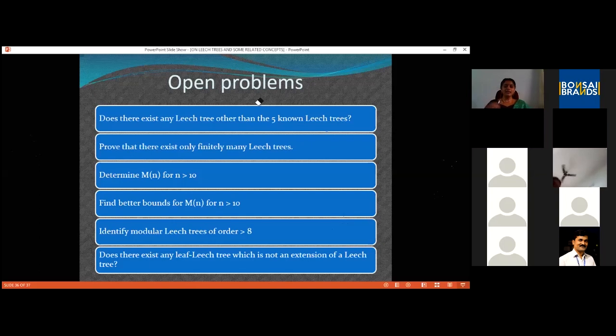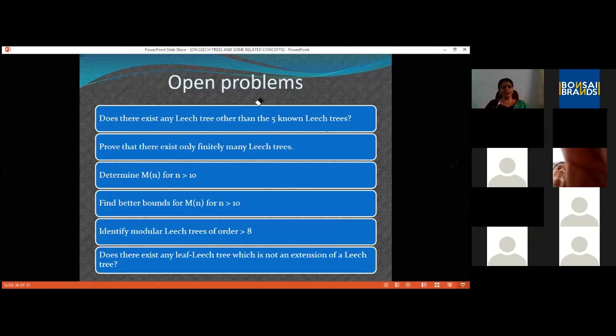But if you can come up with a leach tree other than the already known 5 non-leach trees, that's interesting. You can publish a paper if you find at least one more leach tree. But please note the point, there is every chance that you are not going to get any further leach tree.